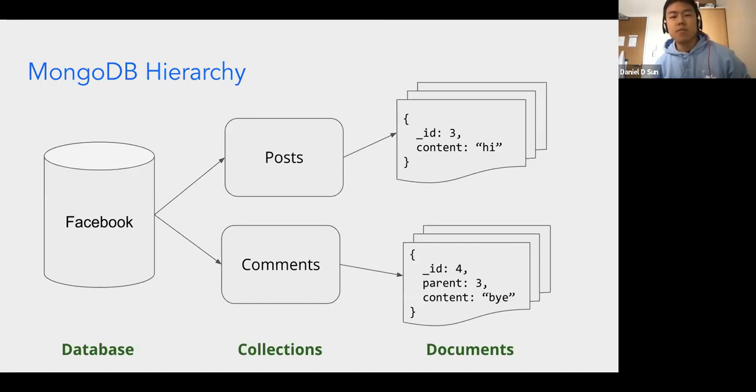Okay, so let's look at what a section of the MongoDB hierarchy might look like at Facebook. So we have this big cluster, this Facebook database. And then the database is going to consist of a bunch of collections. Collections are types of objects that we can store in the MongoDB, such as posts, comments, users, etc. And then each collection is going to have a bunch of documents, right? So for every post on Facebook, there's going to be a document